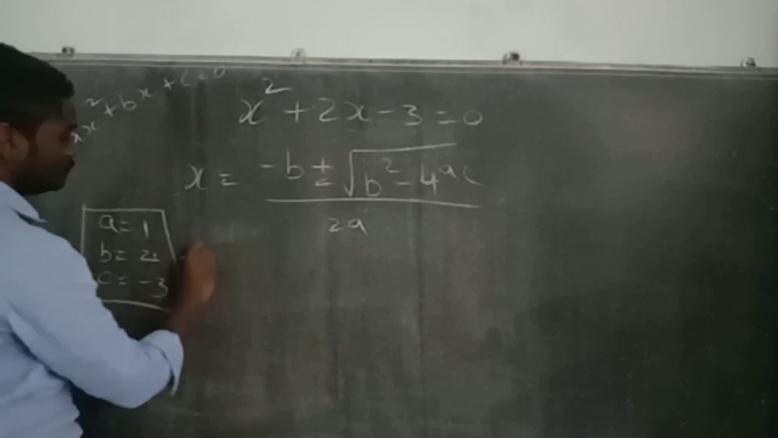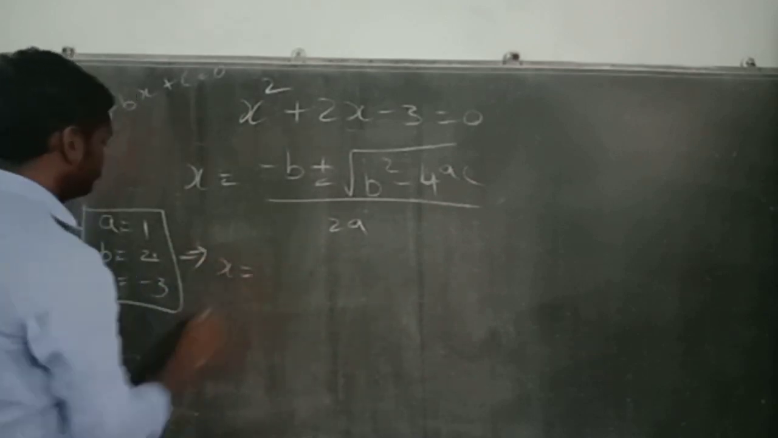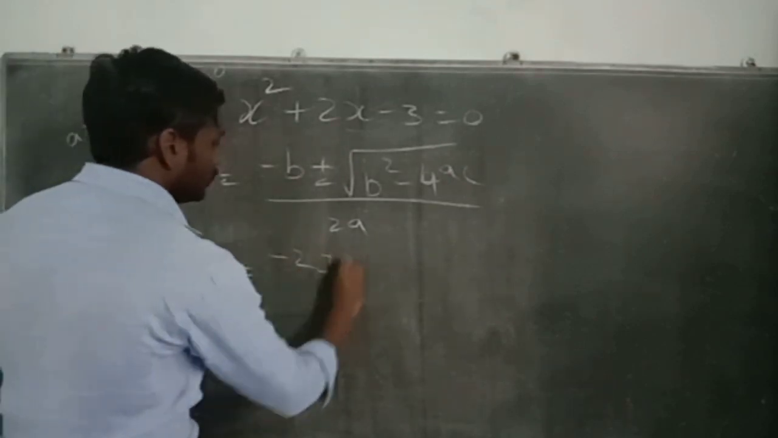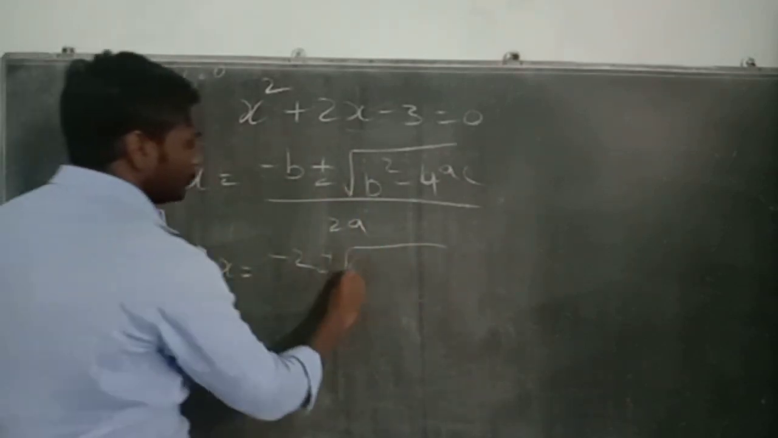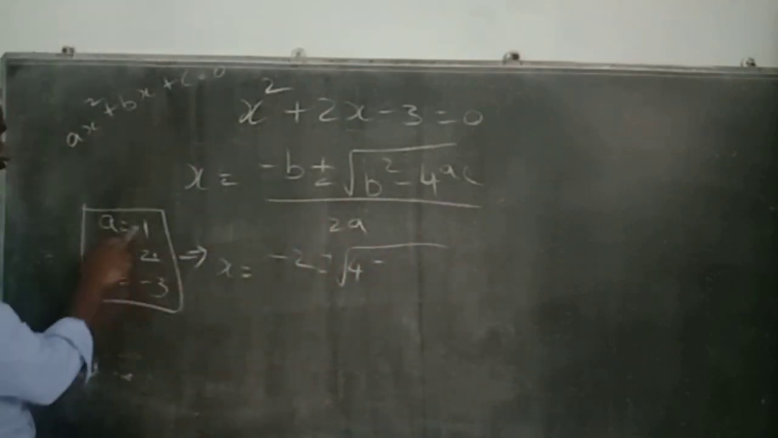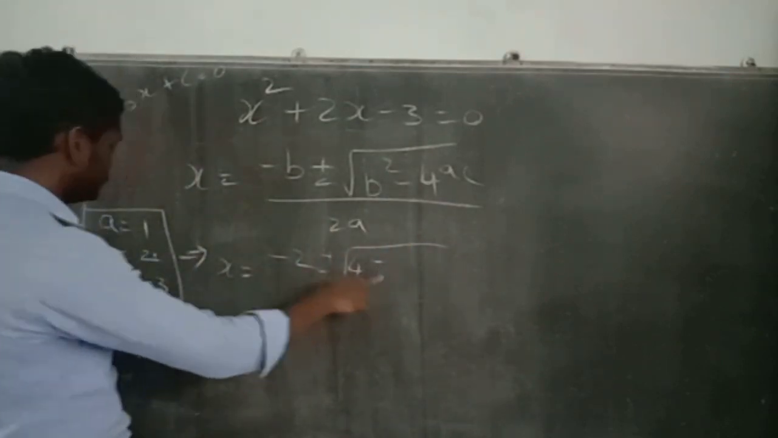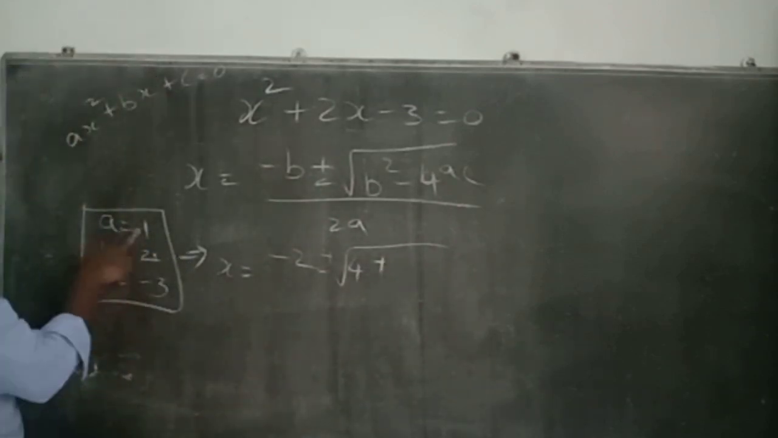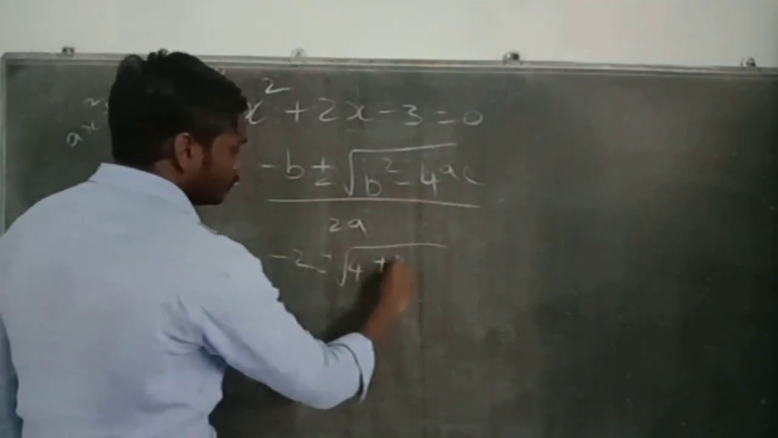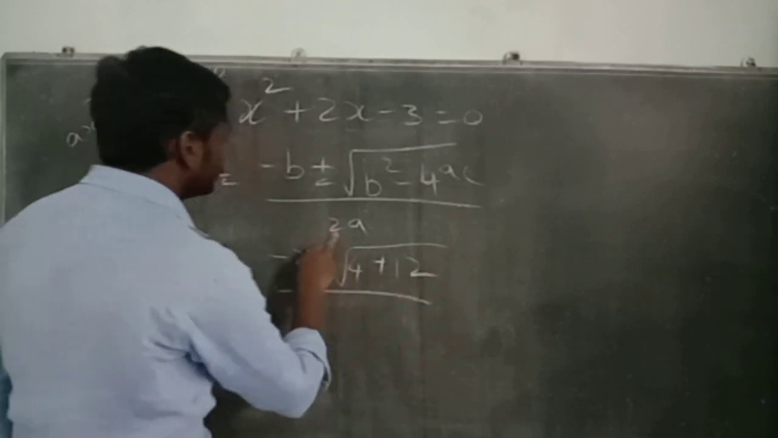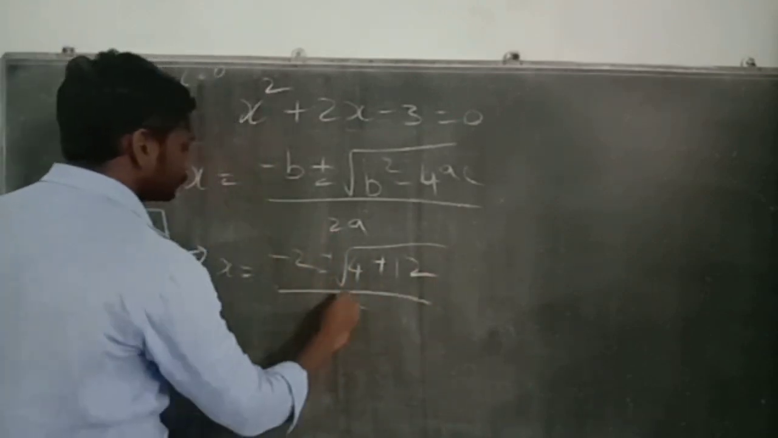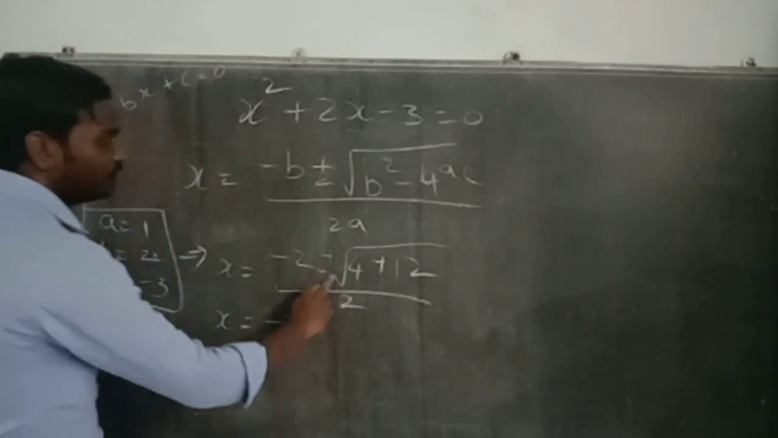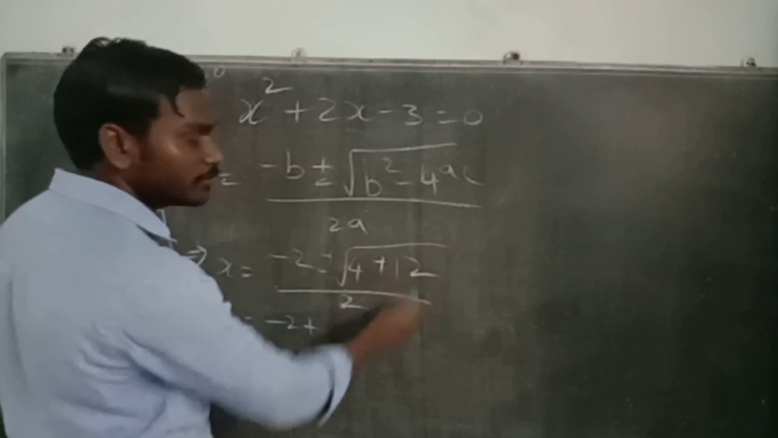Substituting these values in this formula, we get x is equal to minus 2 plus or minus root over b square, 2 square is 4, minus 4 into a into c. There is always minus here and also we have minus here, so I can write it as plus. So 3 into 1, 3 into 4, 12 divided by 2 into a, that is nothing but 2. So x is nothing but minus 2 plus or minus root over 4 plus 12, that is 16, root over 16 is